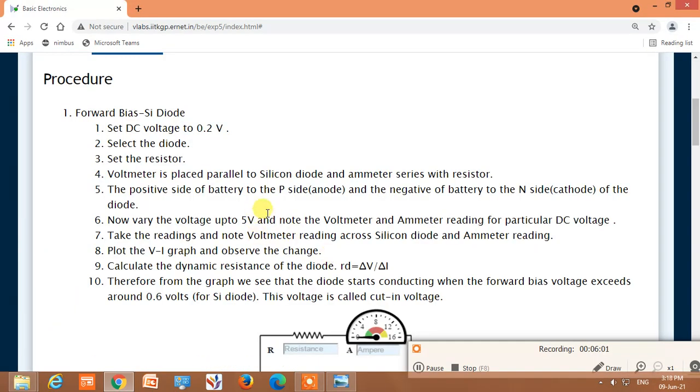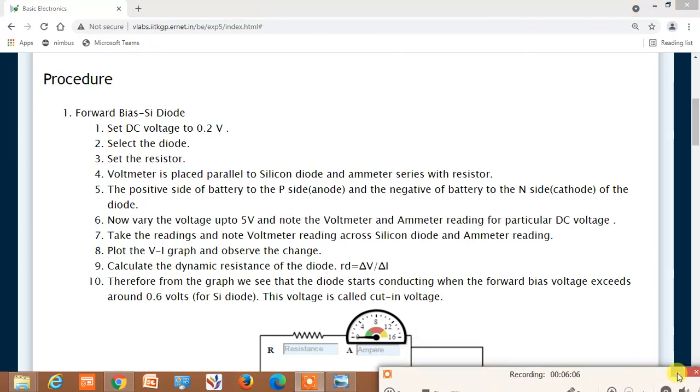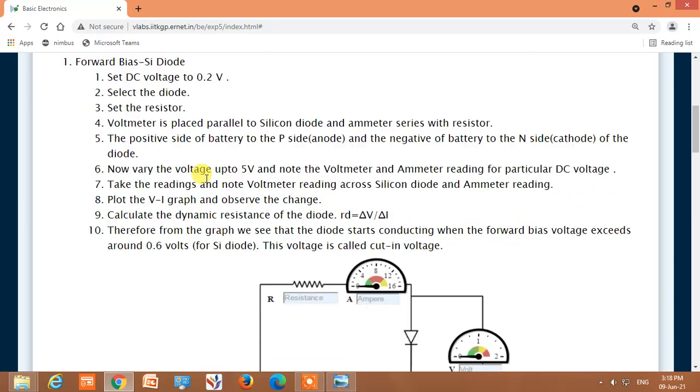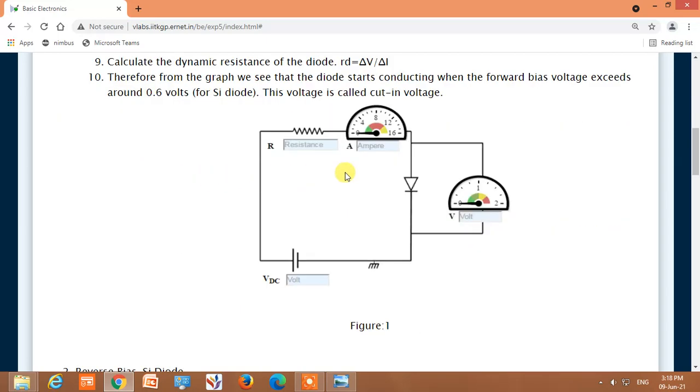The procedure is very simple. We have to make the circuit diagram like this. So this is a PN junction diode. This is a DC source. This long line indicates the positive terminal. This short line indicates the negative terminal of the battery.